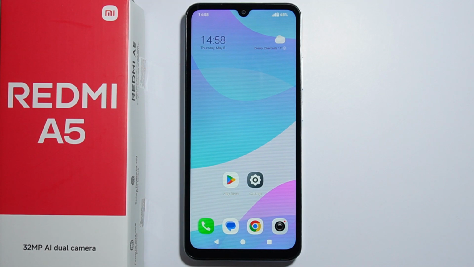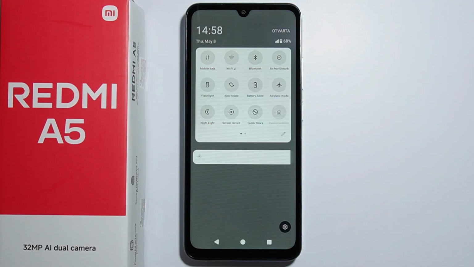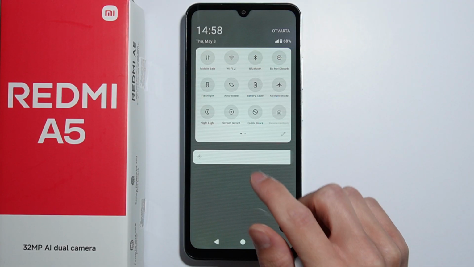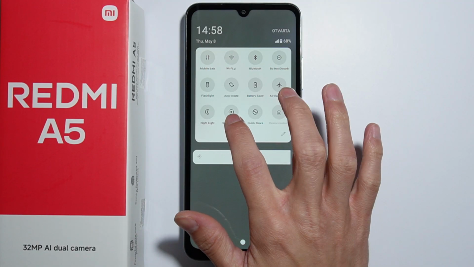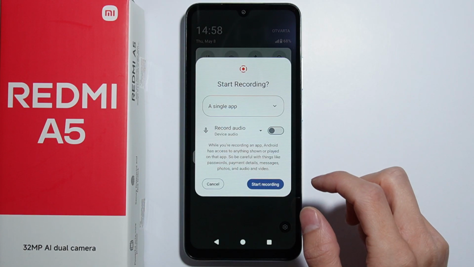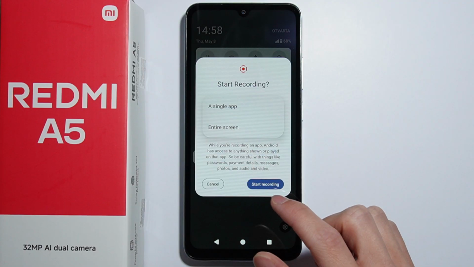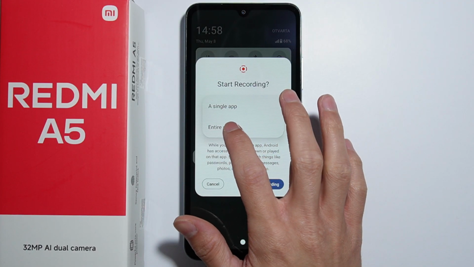To record screen on Redmi A5, all you simply have to do is open up the quick settings menu, and right here you will be able to find the screen record button. Simply press this one, and from here you will have to select what you actually want to record. So if you want to record a single application, you will go for this, and you also can record the